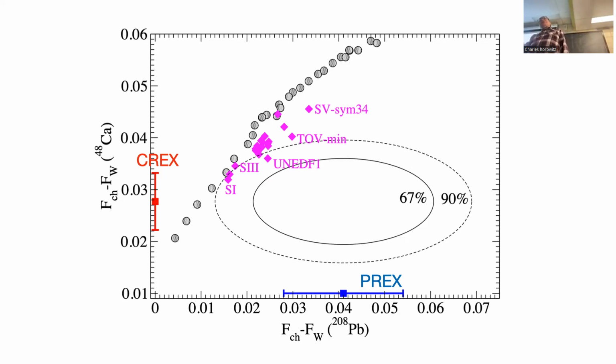If you made the equation of state suddenly turn much stiffer beyond nuclear density, then you can